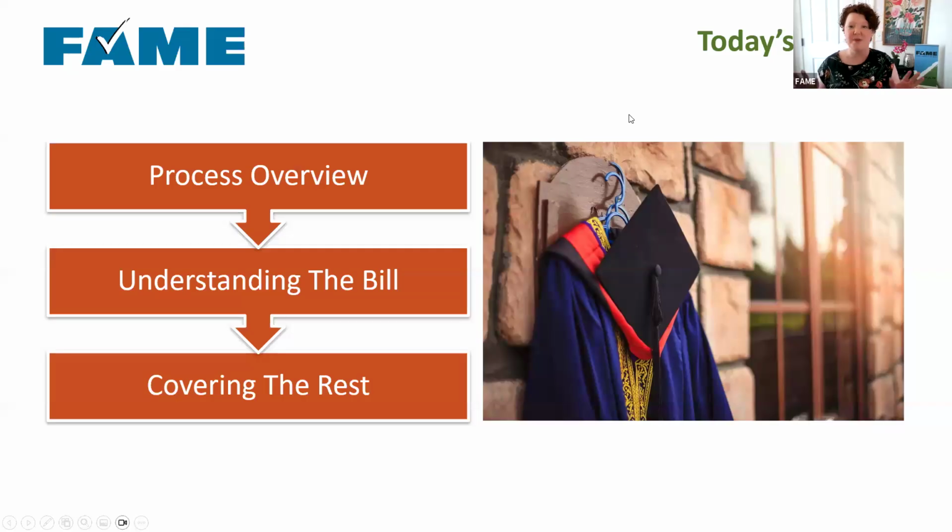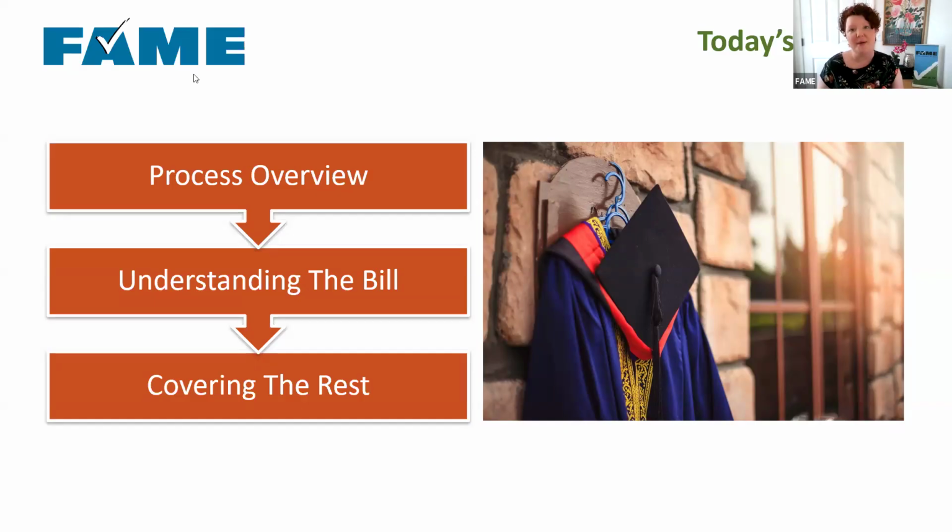So for today's session, we're really going to break it down into 3 sections. We're going to start with a financial aid process overview. Right now, at this point in the year, students are in all kinds of different places in that process. So we want to make sure that everyone understands what that process looks like, so when you're working with students, you can really help them where they're at in the process.